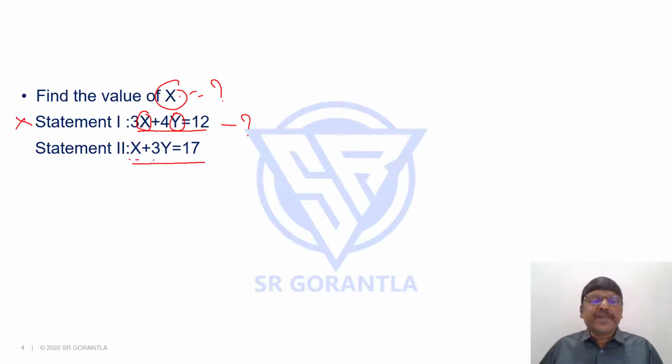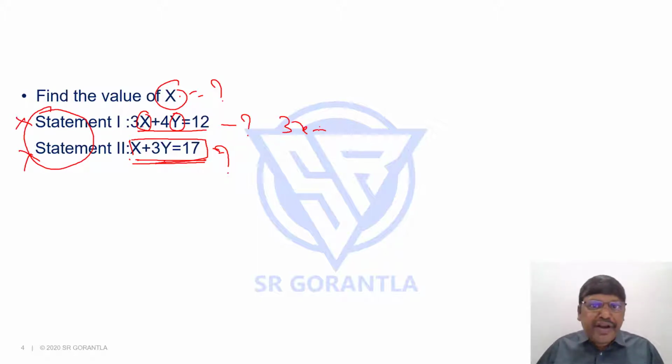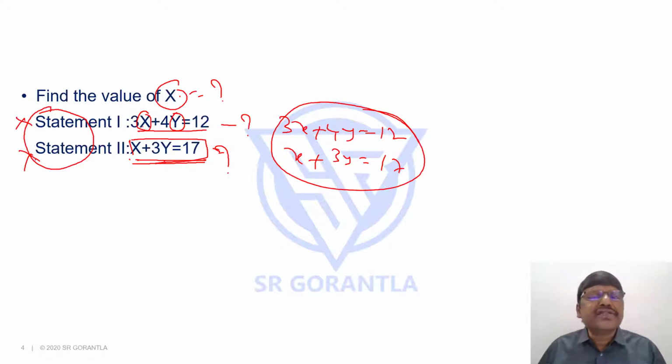Similarly, students, x plus 3y is equal to 7, is it sufficient? For the same reason, no. Again, there are two unknowns, x and y. One equation, it's not sufficient. Neither one alone is sufficient nor two alone is sufficient. Then comes the question whether both combined can give me the answer. Yes, of course, because there are two different equations, two independent equations, and there are two unknowns. Yes, I can find the x value. That's enough. Don't waste your time in finding the x value. We'll solve the problem only when there is confusion. There is no confusion here, students. There are two unknowns and two equations. We can solve them. Hence, with the help of both statements, we can answer the question.